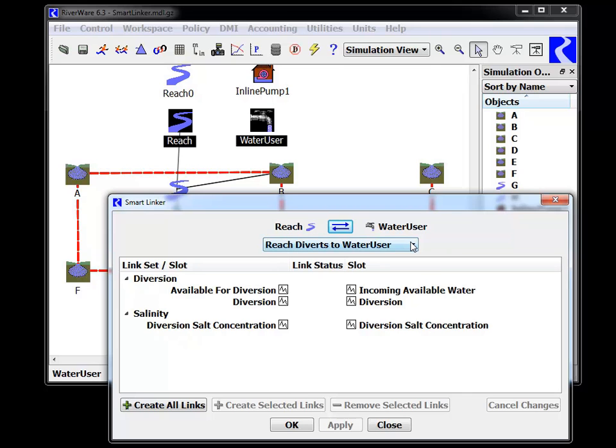Next is the spatial relationship menu shown here. In this pull-down menu, you specify the orientation or the relationship of the two objects. In this example, we are saying that the reach is diverting to the water user. Once you select one of those options, you then get a list of recommended links, the third area of the